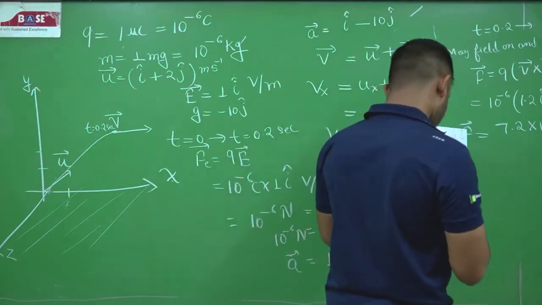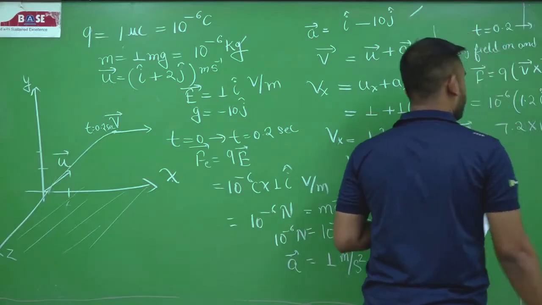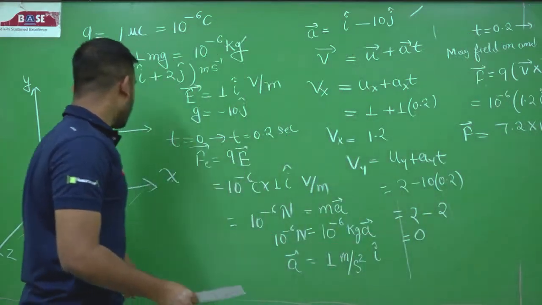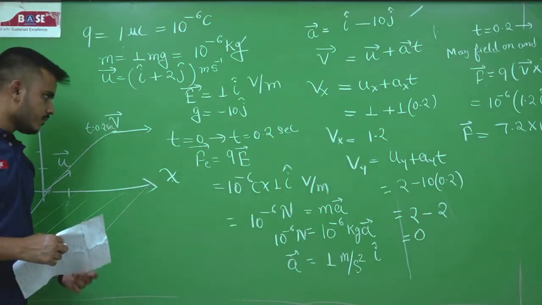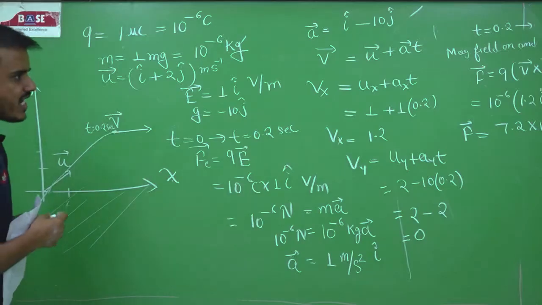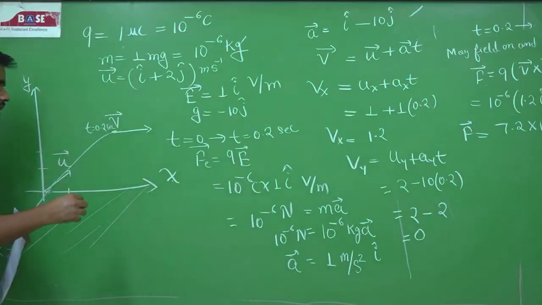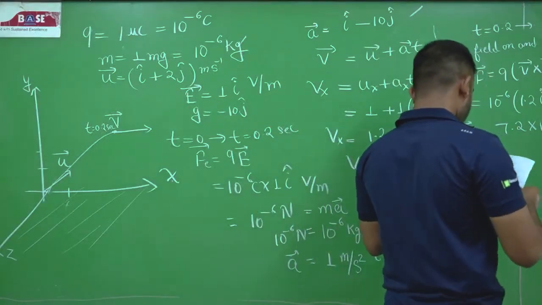Now from here you can say i cap cross j cap equals k cap. So now the magnetic force is acting along the k cap. What does this mean? Now the magnetic force is acting here, gravitational force is acting downward. So from F equal to q v cross B, what is the direction of the force? Along the k cap, and gravitational force is acting downward. So I can say here